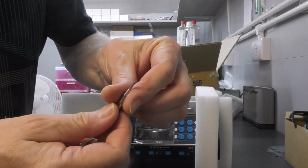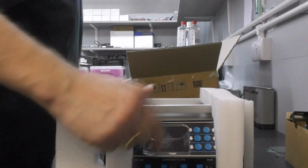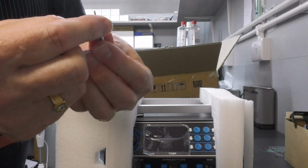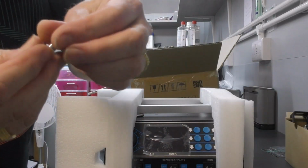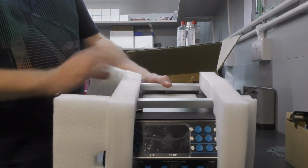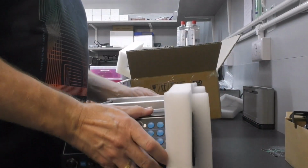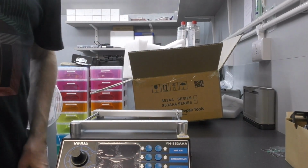tips. I mean, they don't look very good quality, to be fair, but I don't know what you'd expect at this price level, but there's quite a selection. And some quite fine ones, and that's a useful, just pointed one. Double-sided chisel-y one. Okay, let's have a look at the main unit. Oh, have a tip on there. Right, so